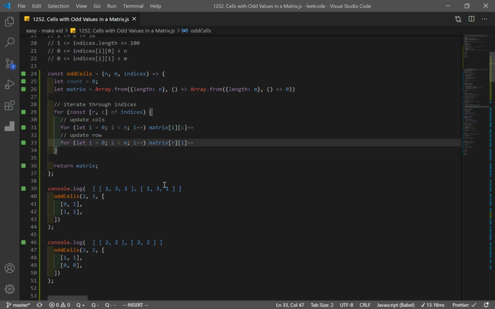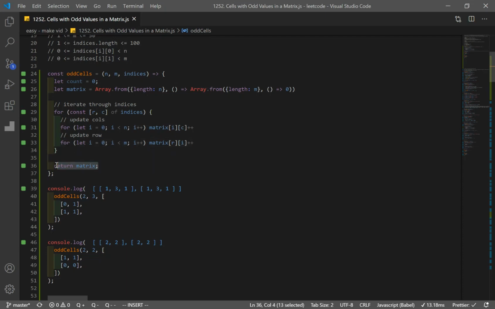And if we check our matrix, we got 131 and 131. And if you remember, this is the matrix that we want to get. And we're not actually done here yet because we want to find the number of odd cells. So we have an array of arrays, and we want to go through all the items or all the numbers in the arrays. So we obviously need a nested loop, but this time I'll just use a nested forEach,